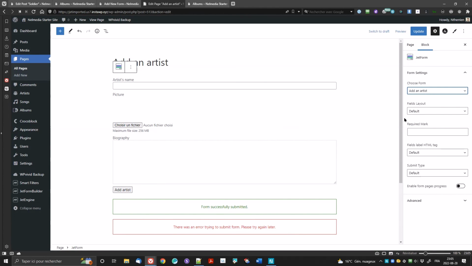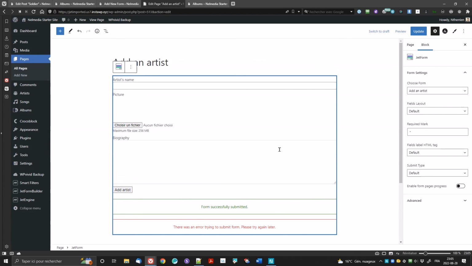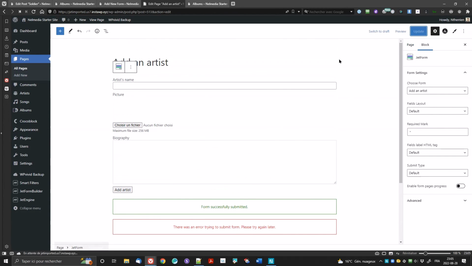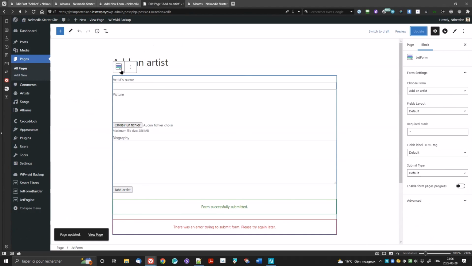As you can see, some fields are the same as what we had previously. So you can change it here or in the other place. So let's leave it like that. Let's put the required mark here. And that's all. And you see you have a success and error message here that you can simply click and edit if you want to. So let's update that. And if I show that page now,